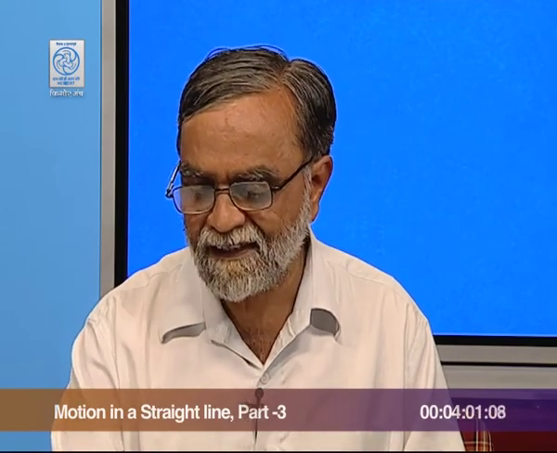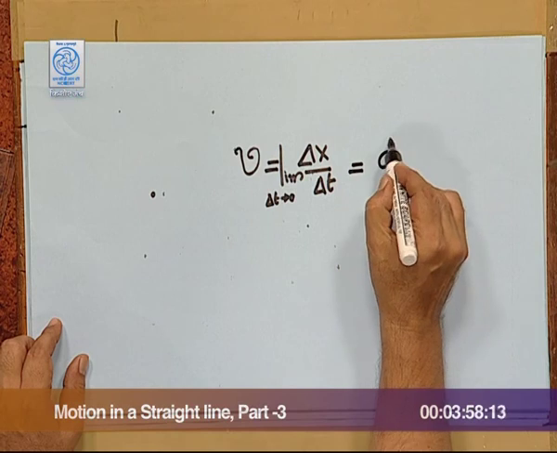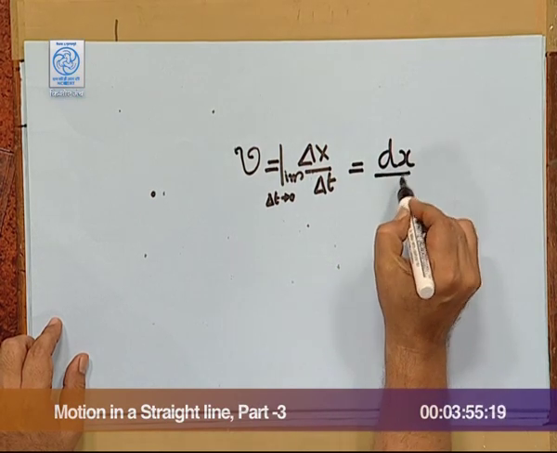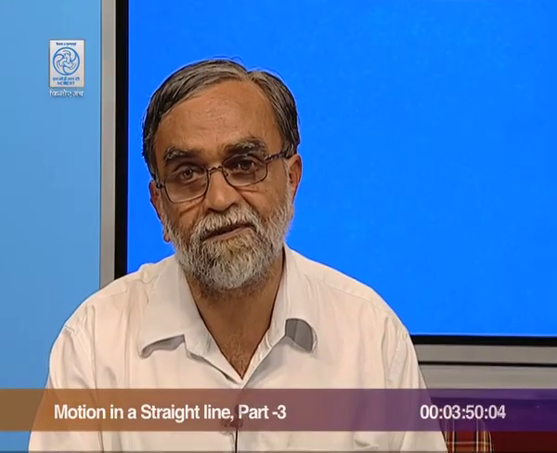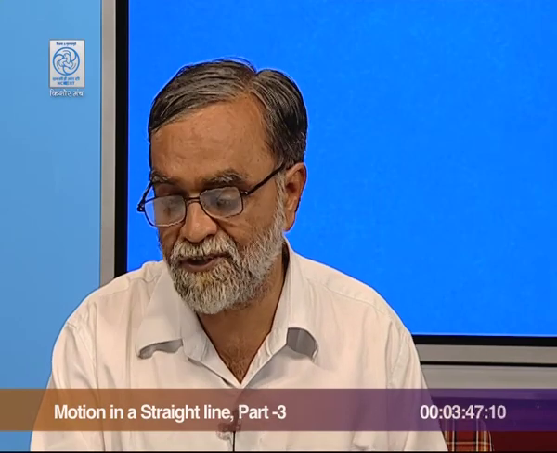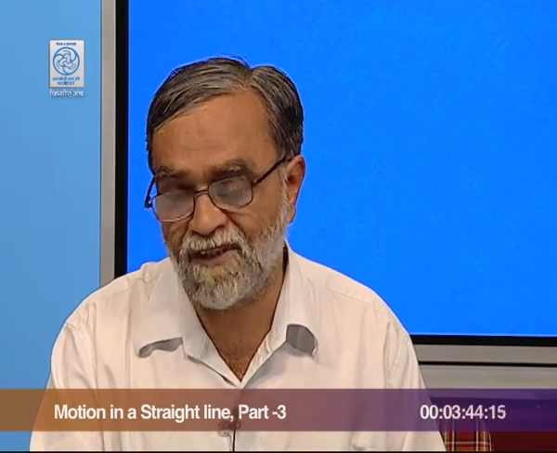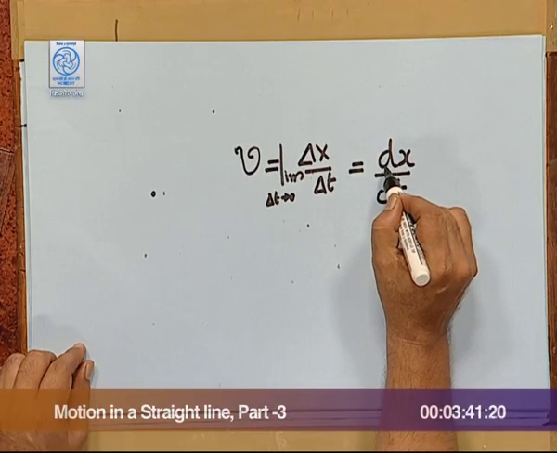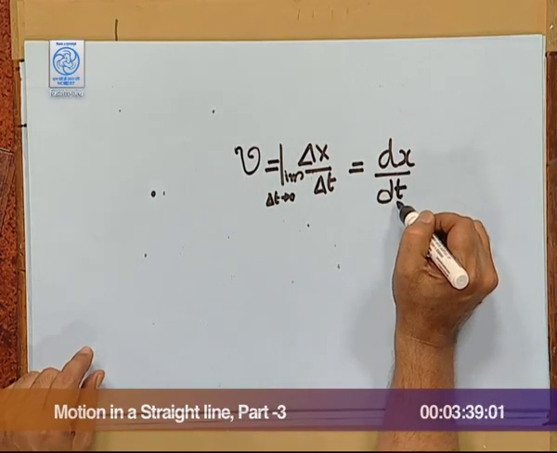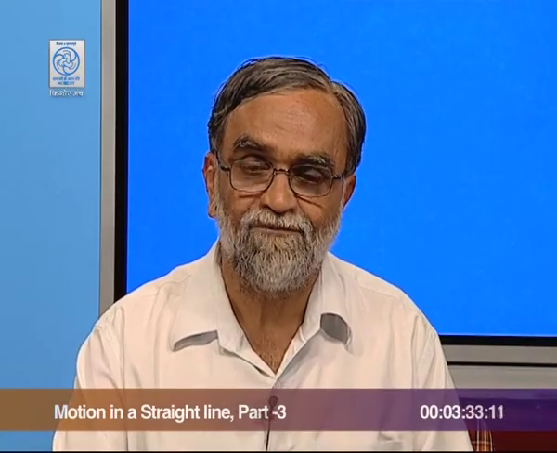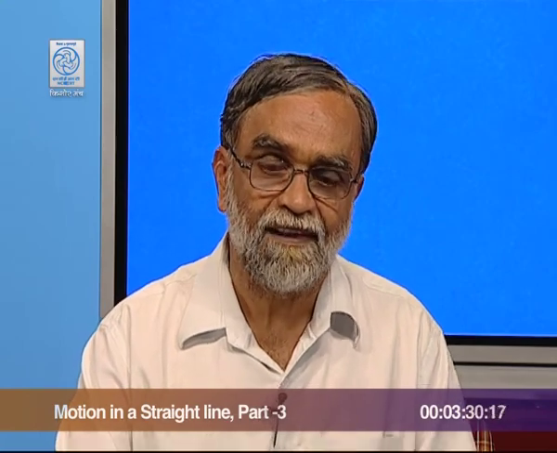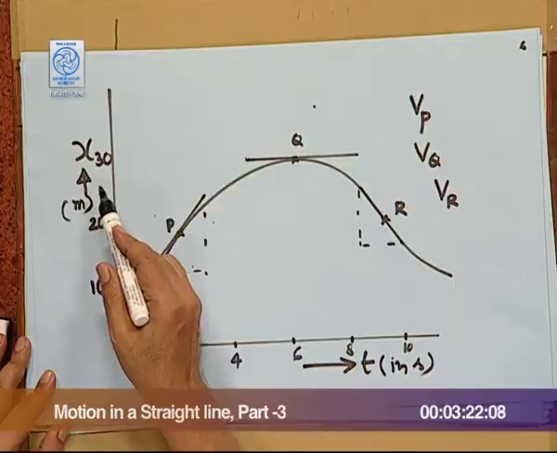In the language of mathematics, this is indicated as dx by dt. They mean the variation of position with respect to time, that is, the rate of change of x with respect to t, which they write as the differential of x with respect to time. So, velocity is nothing but the rate of change of position with respect to time. This is instantaneous velocity. Now, let us look at another position-time graph,